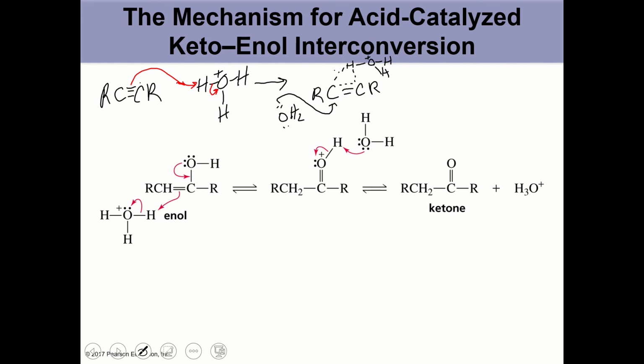And then the pi electron density will go into forming the carbon to hydrogen bond at the other carbon, and we'll lose water as a leaving group. So that will give us R-C double bond CHR,